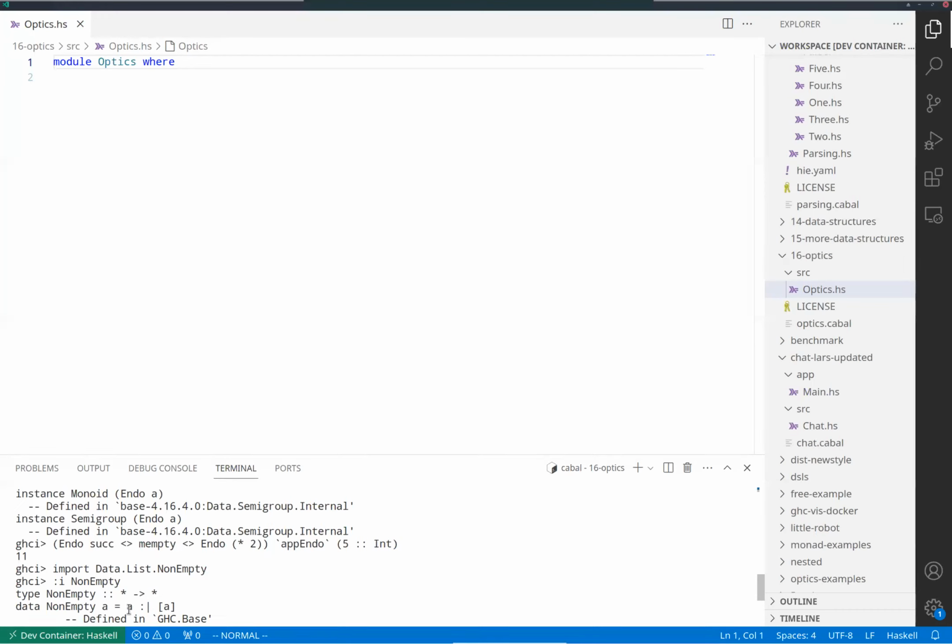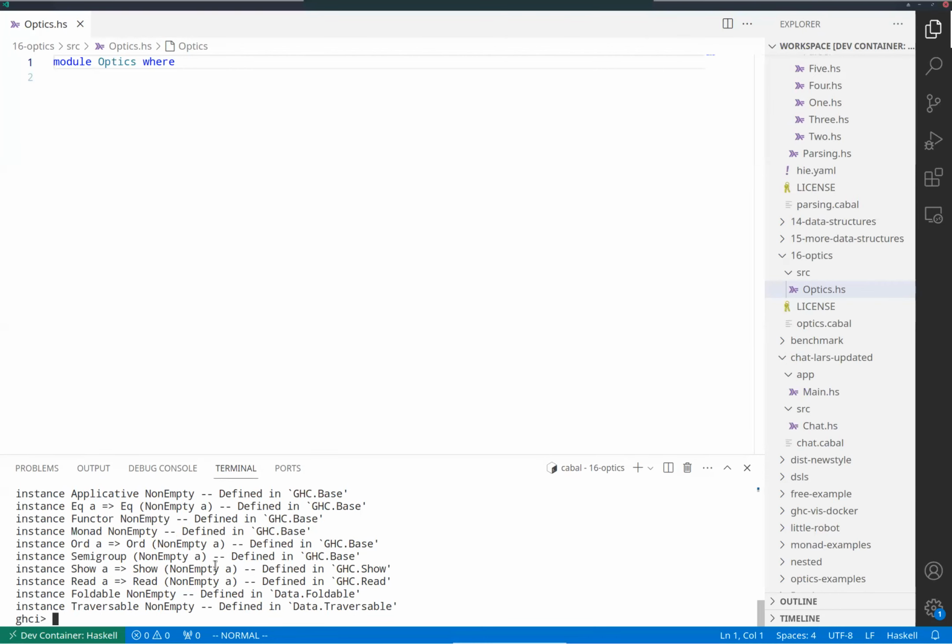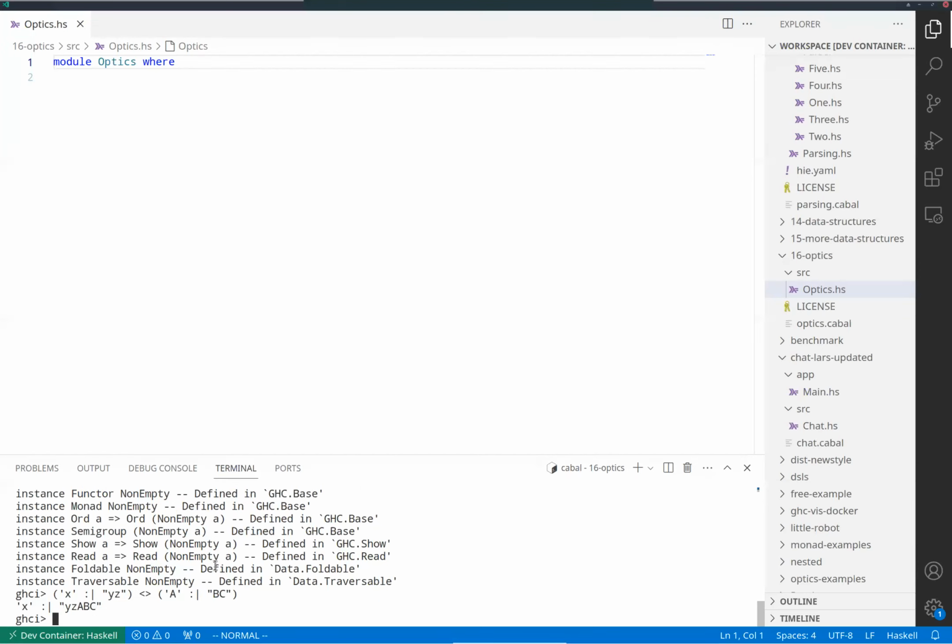But this guarantees that it's never an empty list, because we always have this explicit head. And we see it should be a semigroup instance. So for example, I can do whatever x, so it's just concatenation. So we get, by concatenating these two non-empty lists, again a non-empty list where the first element is x, and then the other elements are y, z, capital A,